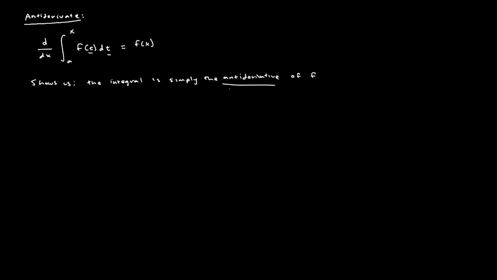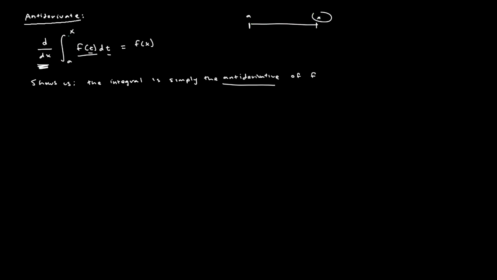Well, first let's just parse this integral over here. So what I'm doing is I'm finding the integral of this function f of t in some interval from a to some variable x, right? So essentially I'm saying that I have some starting point a, and then I'm finding the integral at some ending point x, which is a variable, and then whatever I get from it, if I find the derivative of that with respect to x, and I can do that,